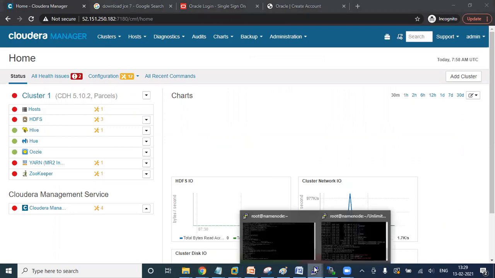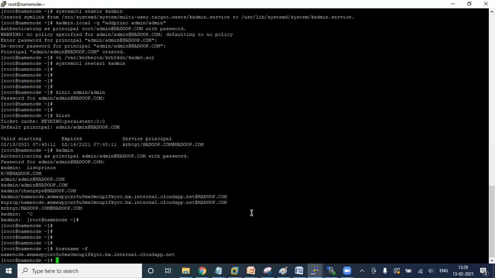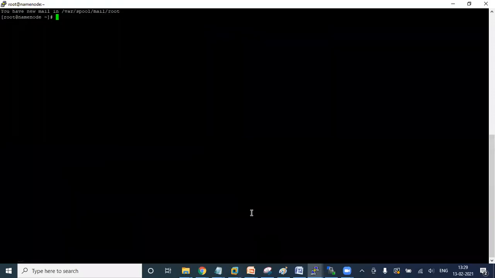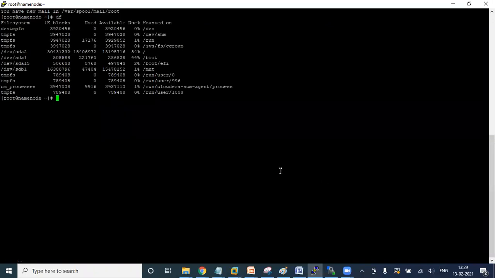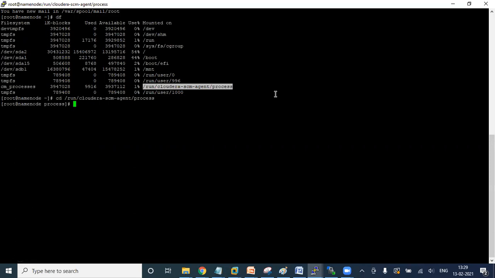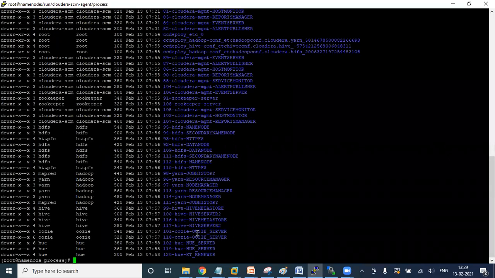Here I can see the cluster is enabled. Let's go to this. Clear. Disk free. Here you can see the default HDFS keytab will be available here. cd slash, ls -ltr. Here you can see HDFS name node, HDFS data node.